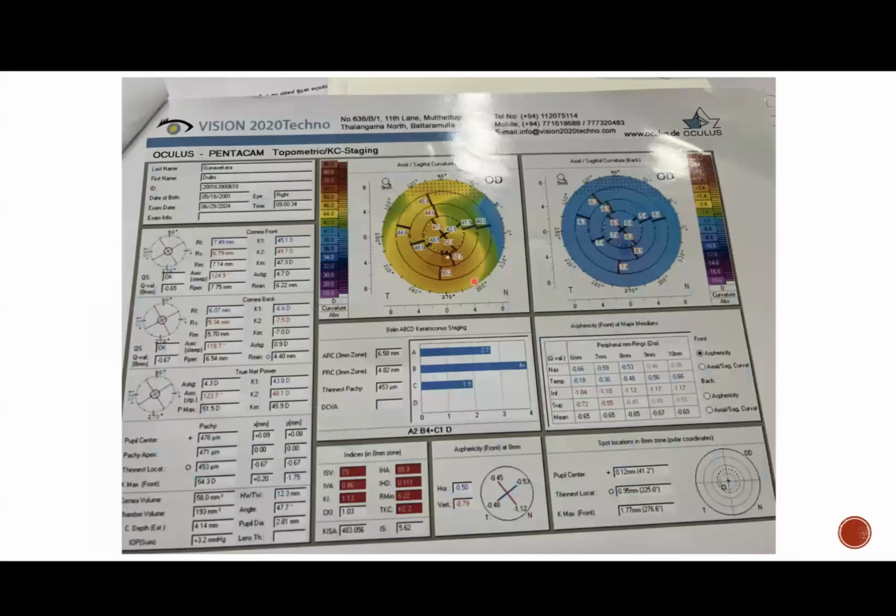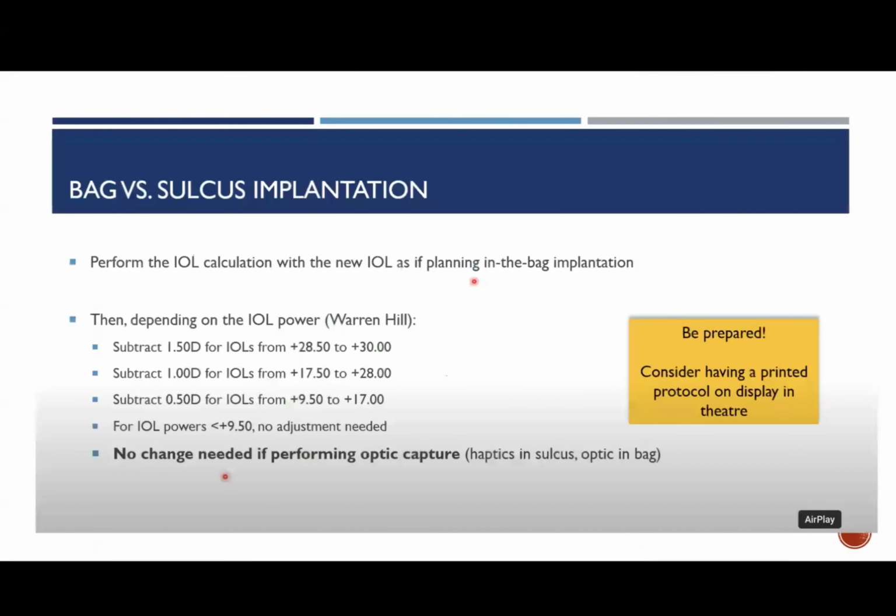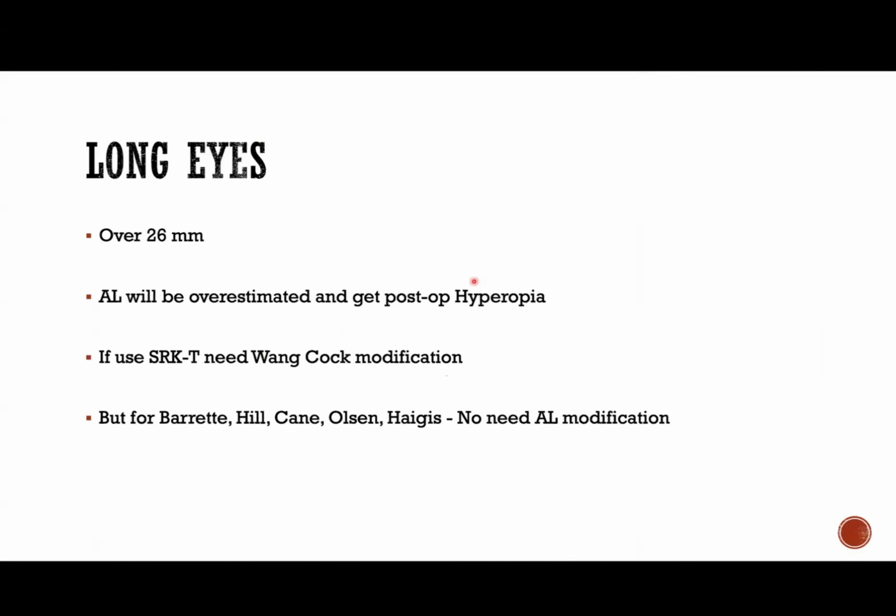Now, what we have been talking about throughout, what we needed was how to get the proper biometry. So in summarizing, for biometry machines, we have to go from ultrasound to optical biometry. There's a huge advantage of going to the IOL Master 700. That's swept source based, and it gives more valuable information for the biometry report.